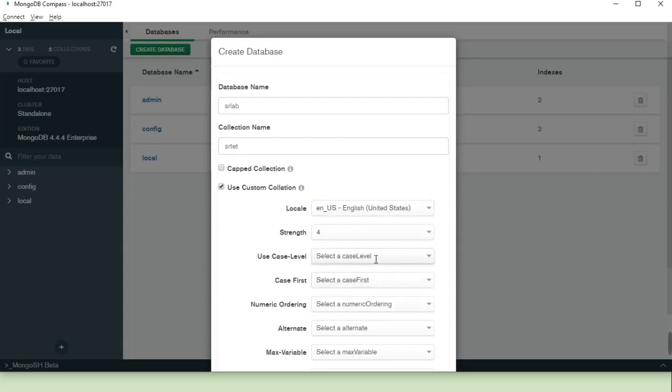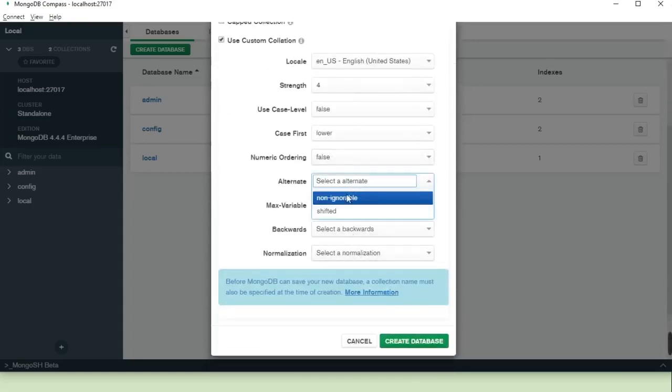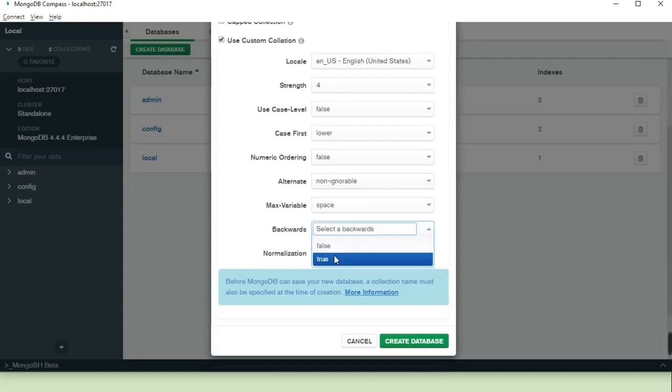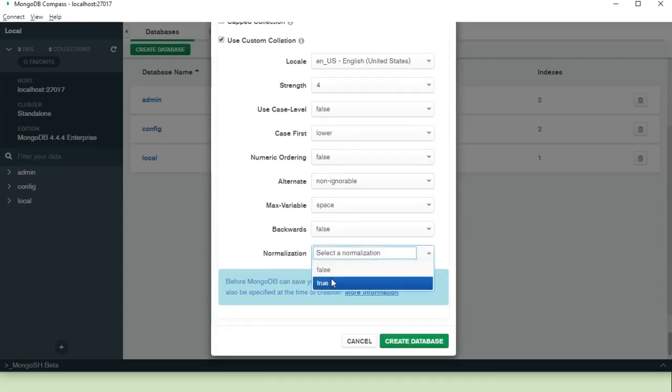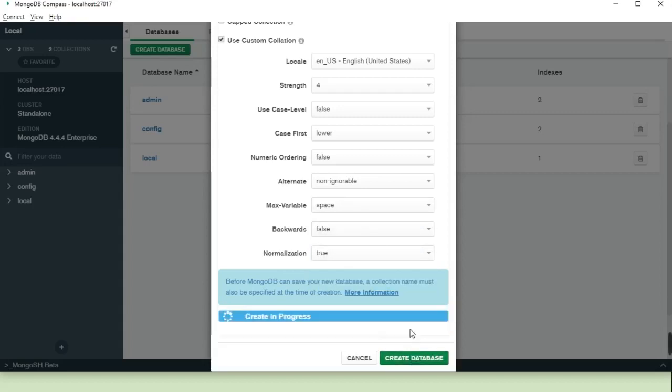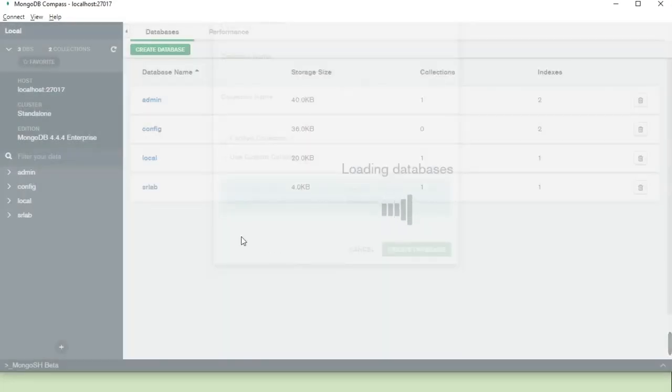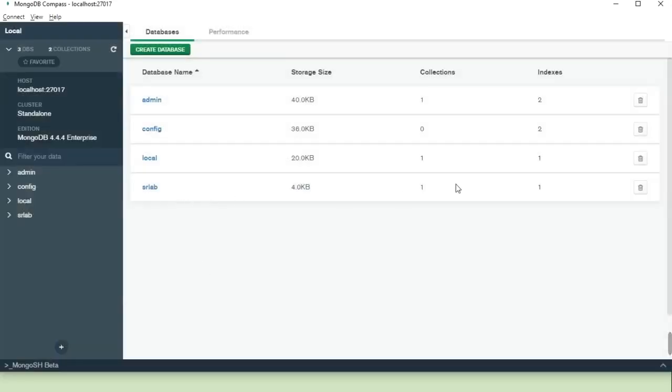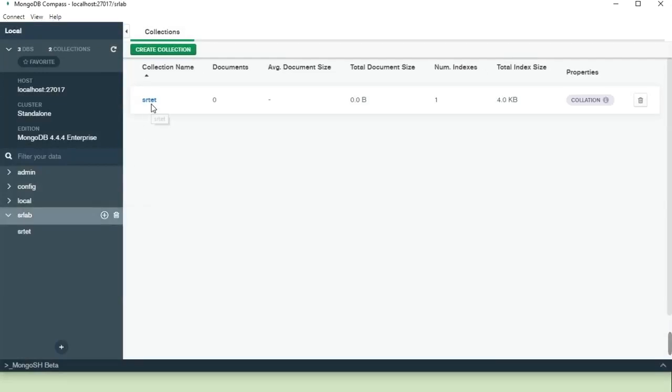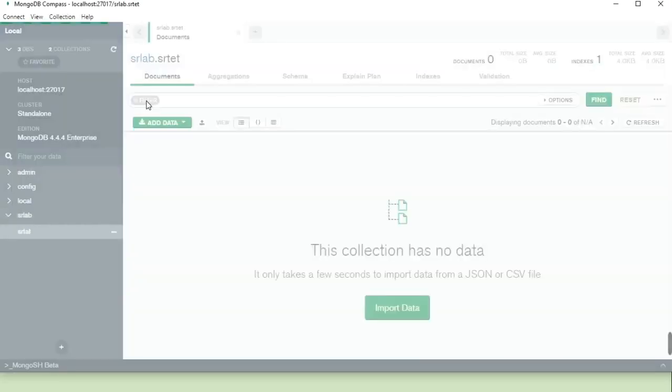I will go for false, lower, false, and space, false, organization. So create database. I'm creating one database called SRLab. The database got created, and I created one table called SRTest.